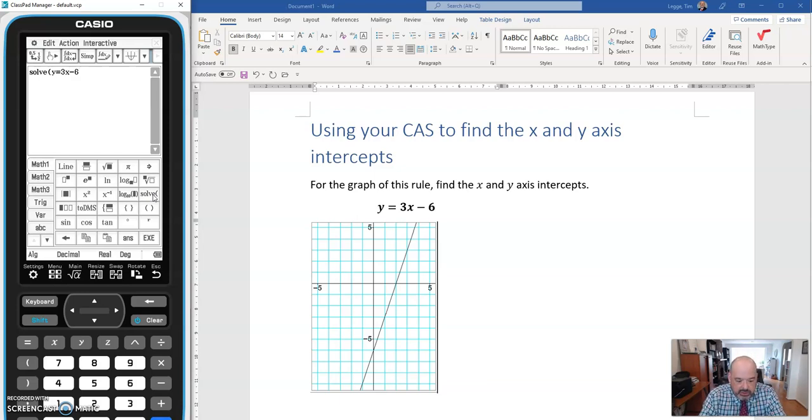Then we're going to use this special symbol, which is in the Math 3 menu. That little vertical bar has the meaning "given that". So we're solving Y equals 3x minus 6, given that,